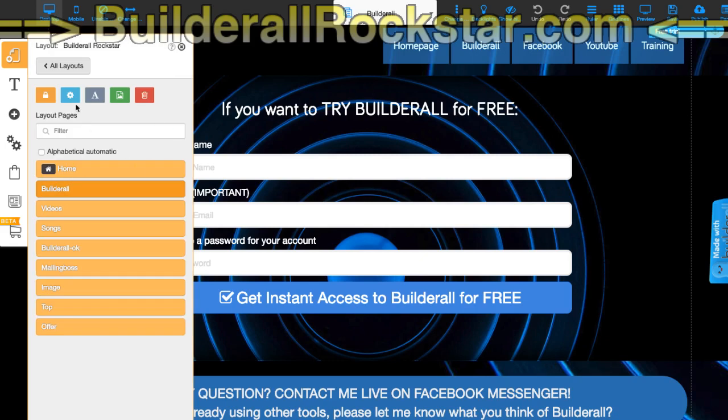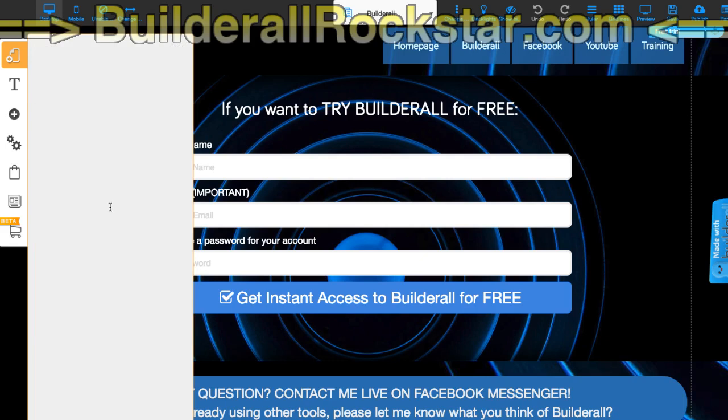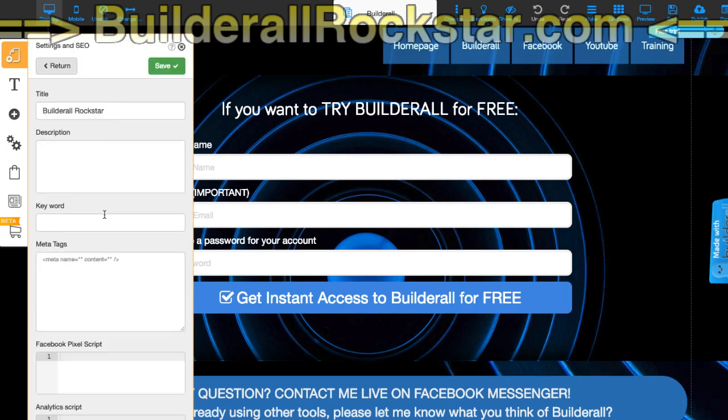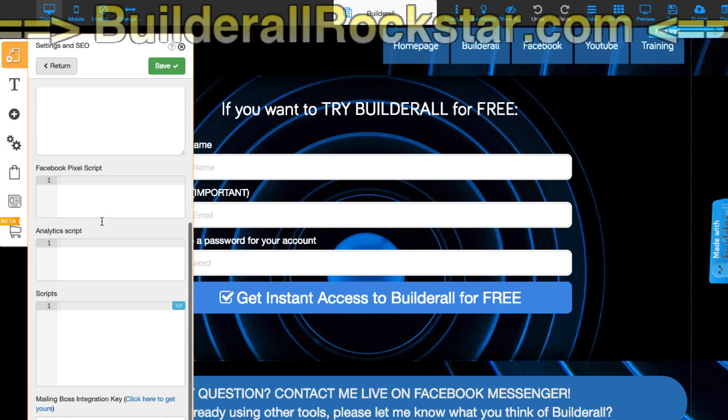So you see, if you want to put it in a layout, you click here on the gear and you put it at the bottom of the options in the script. When you paste your script, so here you put it here.